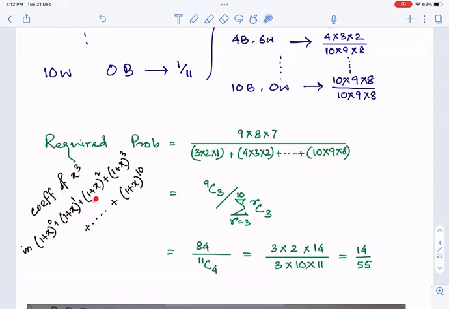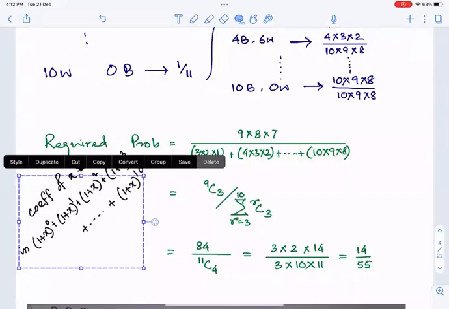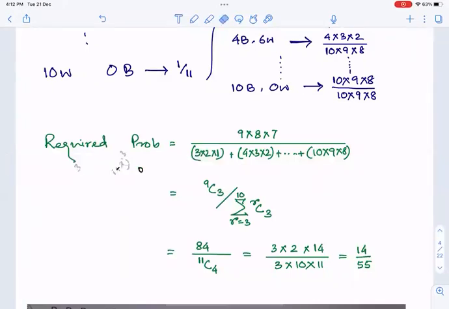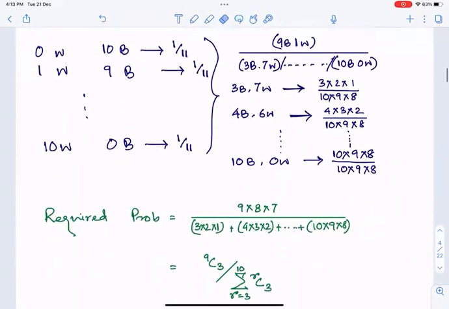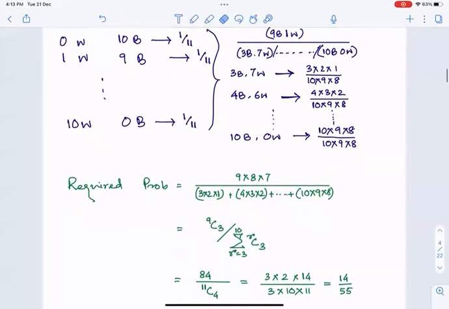In this sum, the first three terms will not contribute, but they just make our GP easier to calculate. So if you calculate, you can identify the coefficient is going to be 11C4. So anyway, 9C3 by 11C4, that is 14 by 55, is going to be our required probability. That is option A. Okay, I'm resizing the page. Is the whole solution visible simultaneously? Just go through it.